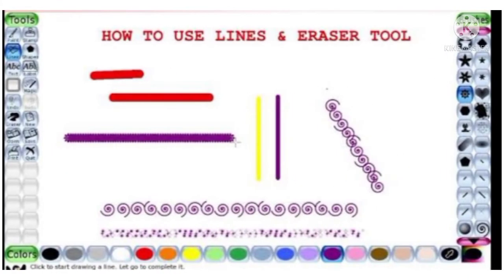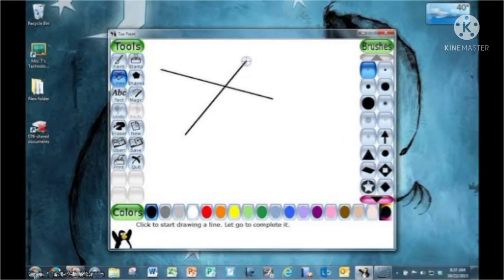Lines. It is used to draw straight lines. Follow these steps to draw a line using the line tool. Number 1. Click on the line tool in the toolbar pane. The mouse pointer will change to a cross in the drawing canvas. Number 2. Select a color from the colors palette. Number 3. Select the desired size or thickness of the line in the selector pane.